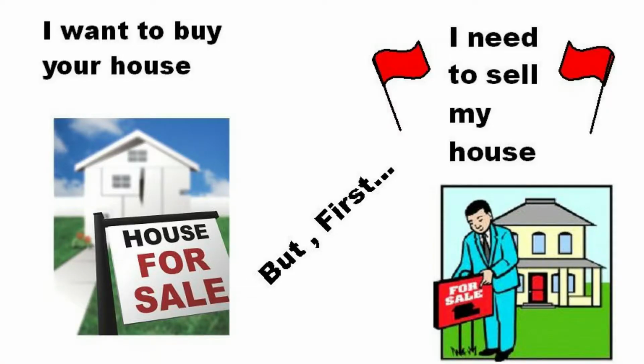Last on the list and the least desirable of all is the person who comes with a contingent offer. This is a person whose offer says, I want to buy your house, here's my price, and oh, by the way, I have to sell my house before I can close on buying your house. So the seller is being asked essentially to take their house off the market or to make it less desirable in the market by marking it as contingent, and hope that the buyer is able